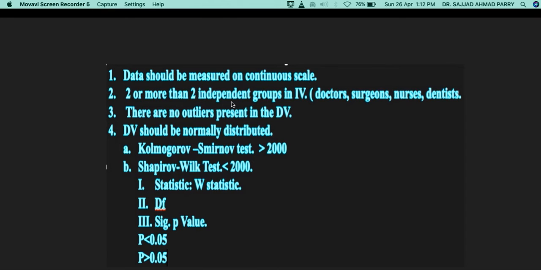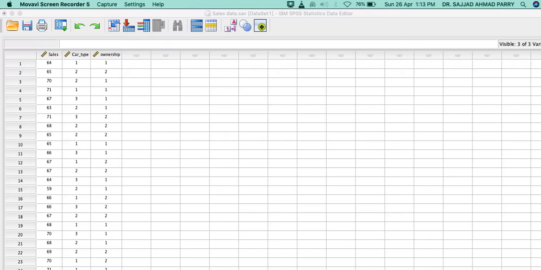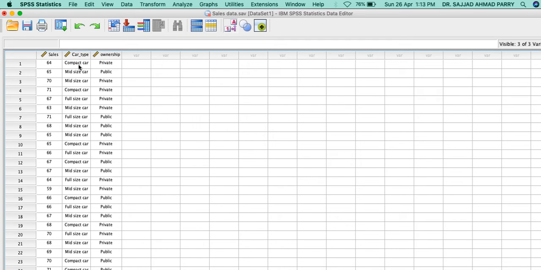Then there should be more than two independent groups in the independent variable. Sales data is dependent on the car type, and we have compact car, middle size car, and full size car. That means in our independent variable we have three different groups, so the second condition is also met.